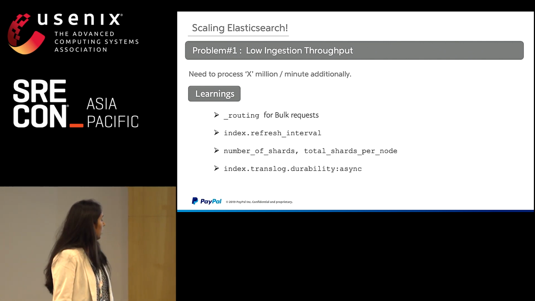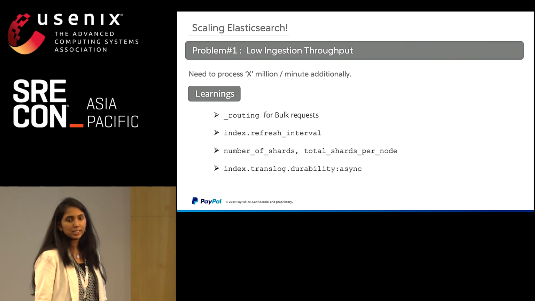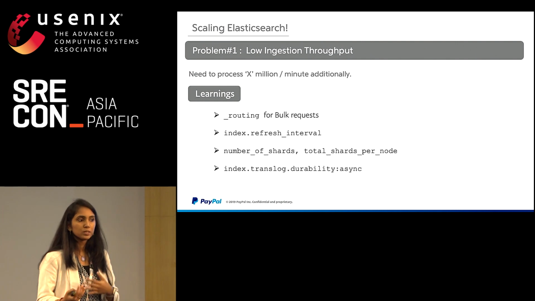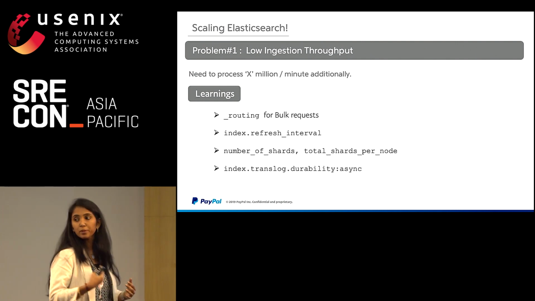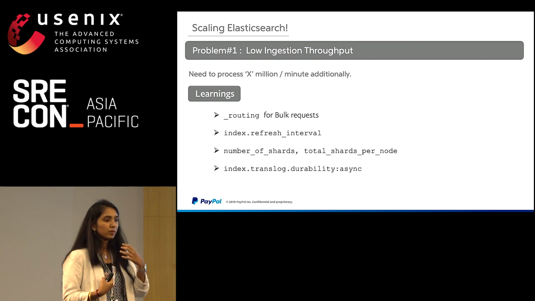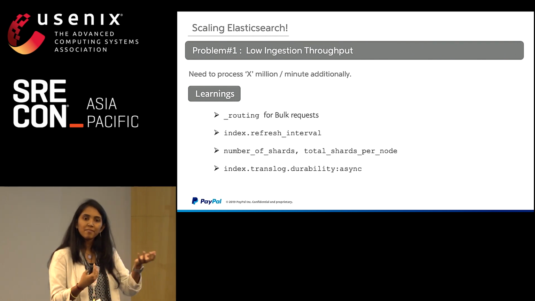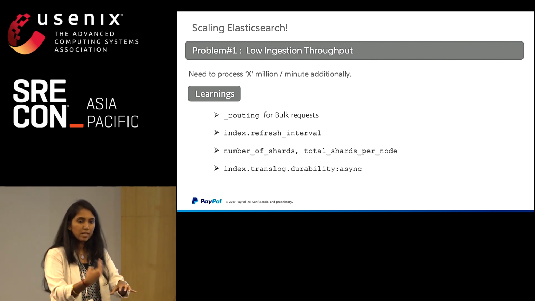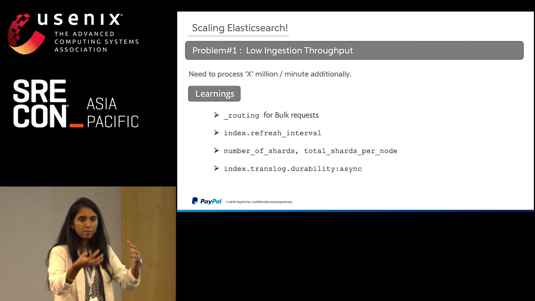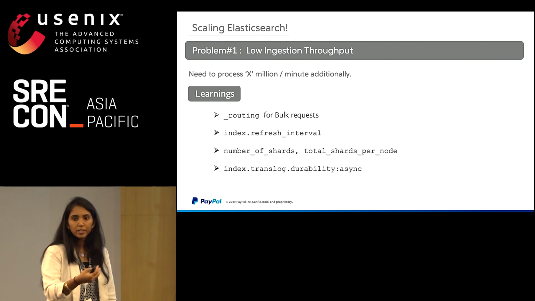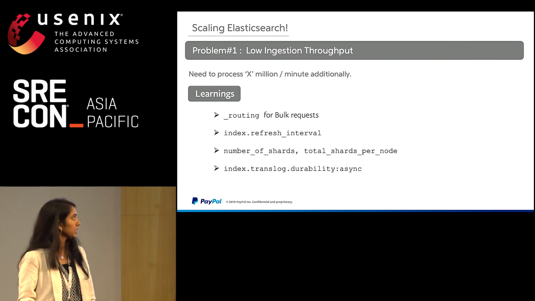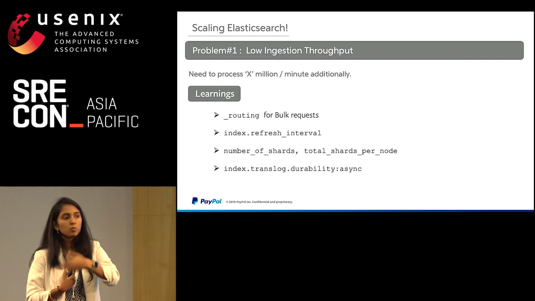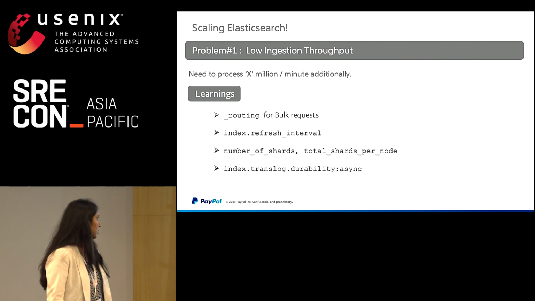The third one is the number of shards and the total shards per node. As we say, shards are something that will help you distribute the load and make your system more available. That also tells you how you will distribute your shards across your cluster. The default configuration is that you can have an unlimited number of shards in a given node for a given index. So what if there is active ingestion going on today's index, but all of the shards are present in a single node, and then that particular node would go into heap or memory pressure. In that case, you distribute it across multiple nodes. That will be multiple VMs by itself, which can scale up your ingestion. That is the third part.